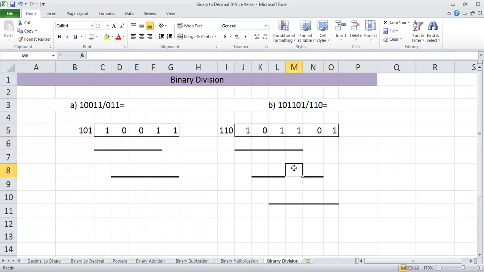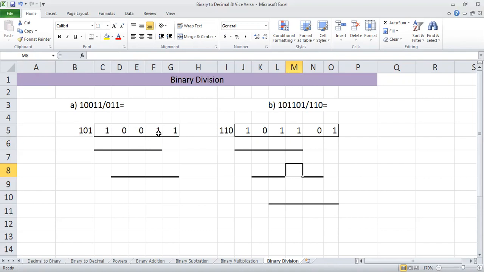Now in binary division, we always have to divide with 1 only. We don't have to divide it with 2, 3, 4 or any other number. We always have to put 1 in the quotient. So first we have to check the number is 3 digit 101. And if I'll consider only 3 digits here, then I cannot subtract the first 3 digits from the first three. I cannot subtract these 3 digits from these 3 digits because this number is smaller than this number. So I need to consider first 4 digits instead of first 3 digits.